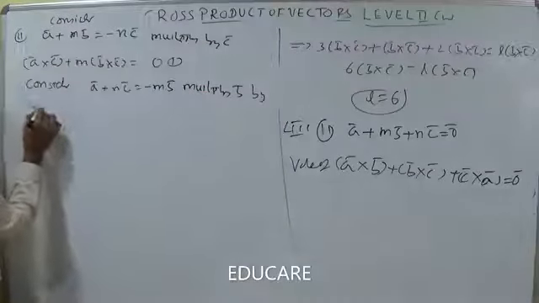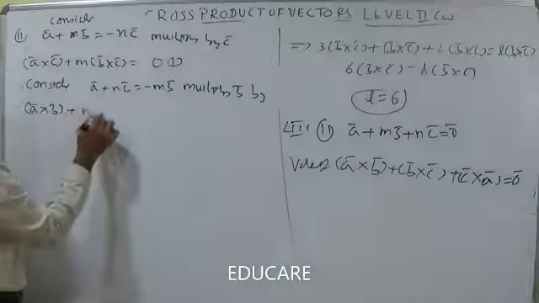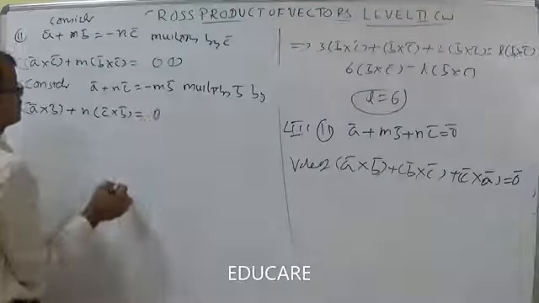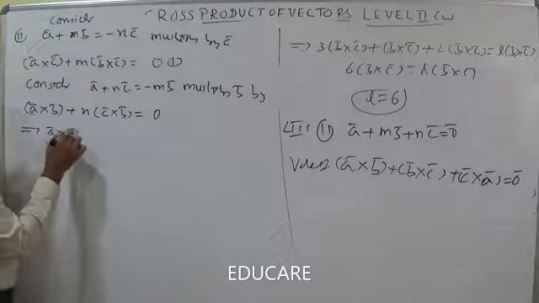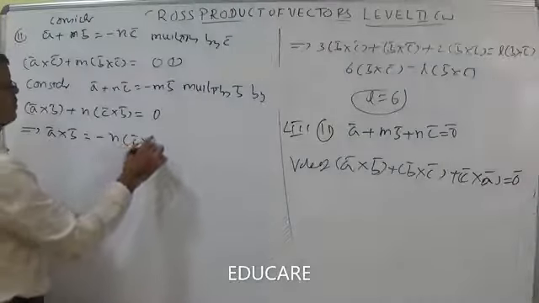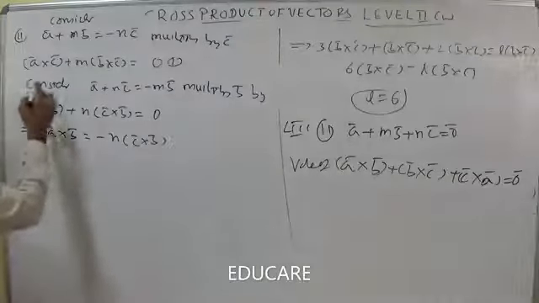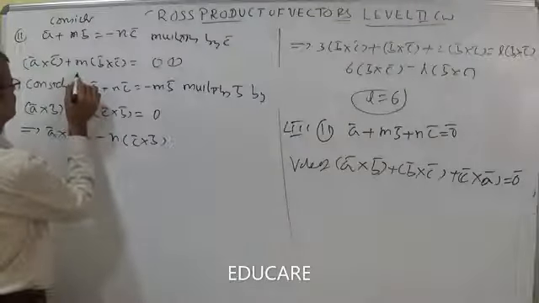Then you can write A bar cross B bar plus N into C cross B equal to 0. That implies A cross B is equal to minus N into C cross B. Here I am writing A cross C. Instead of A cross A, you can substitute